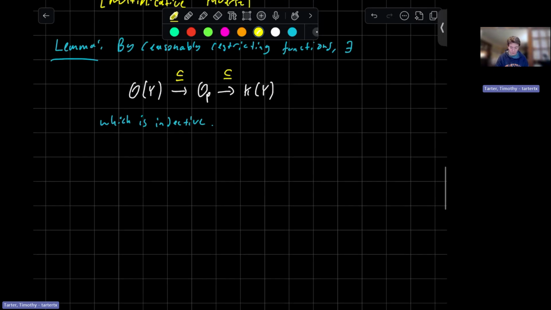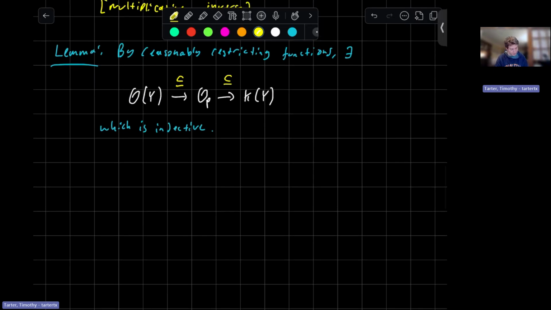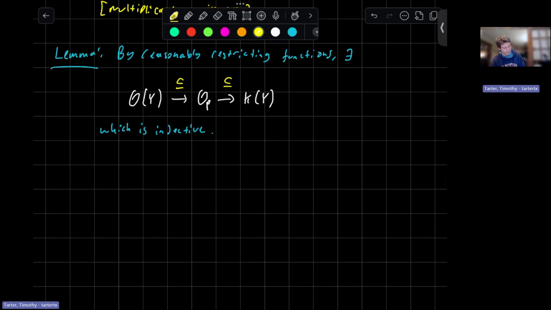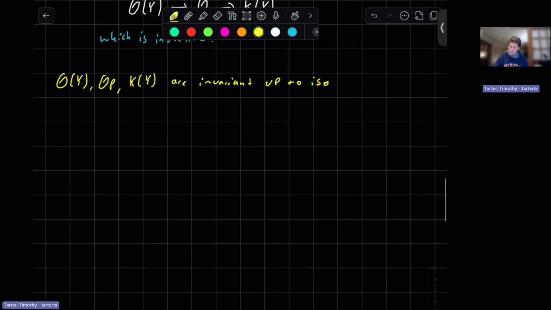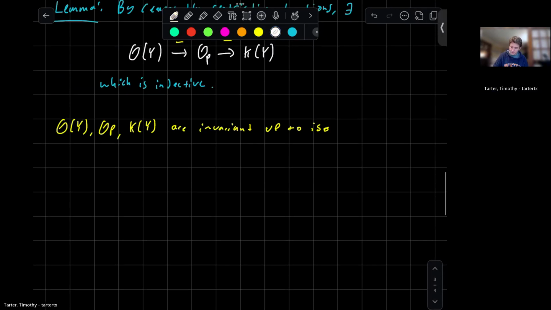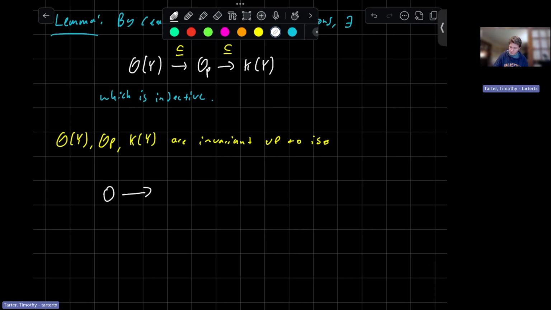If we replace Y by an isomorphic variety, the corresponding rings are invariant. And so these are called the invariants of a variety Y up to isomorphism. O_Y, O_P, and K_Y are invariant up to isomorphism. And what this means is that if we have a short exact sequence,